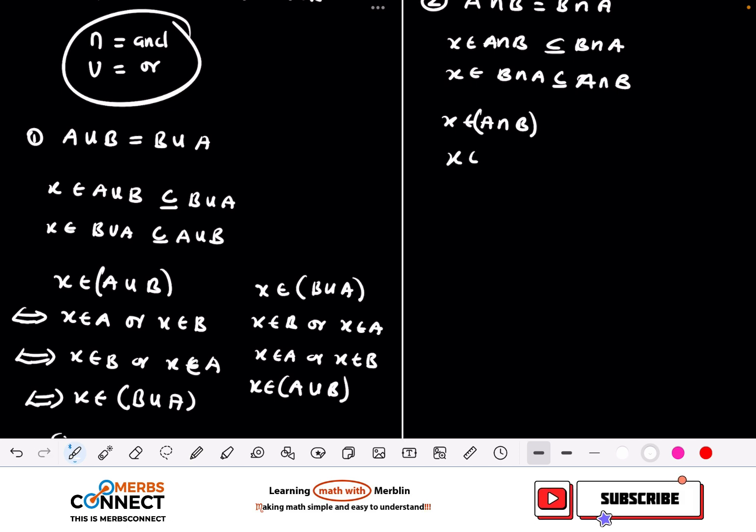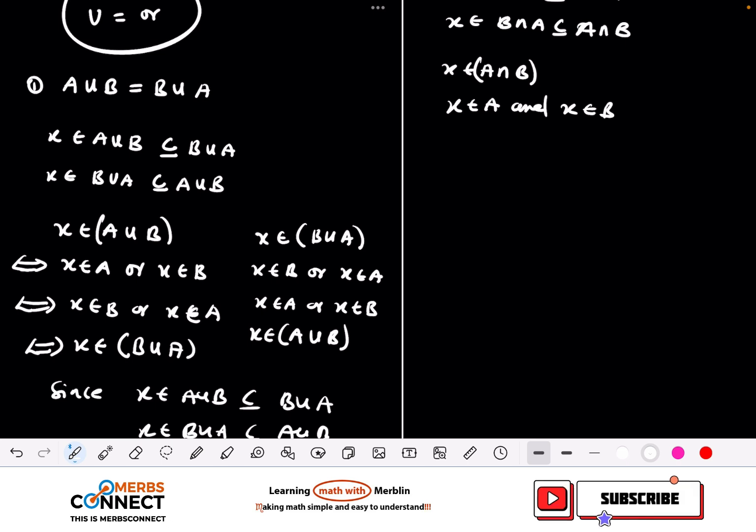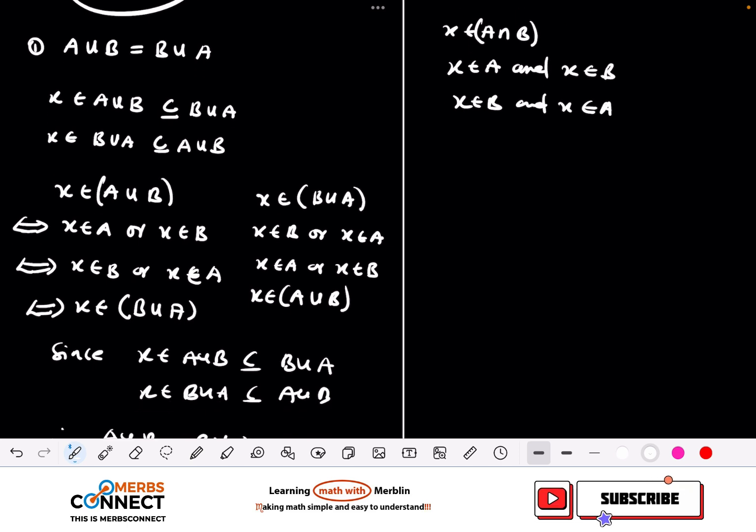So I'm going to have X belongs to A, and so we are expanding, and this is intersection, so we put the intersection symbol, and then this one will be X belongs to B. So let's swap them. This one comes here, this one comes here. So we are going to have X belongs to B and X belongs to A. Is that right? And then now, since we're able to change it, what we need to do is factor